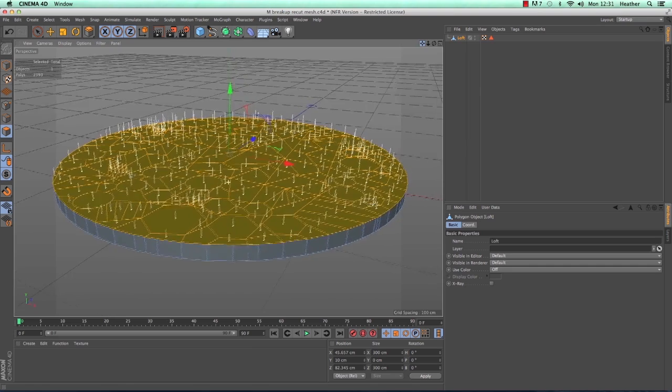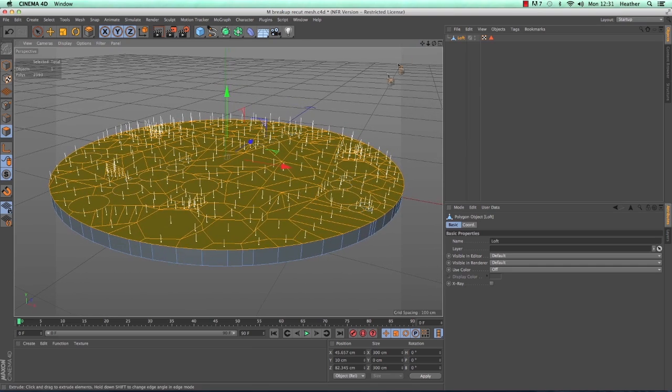The last thing I think we need to do is to convert these chunks into their own objects. You can see here in the object manager that we've only got one object, and we want one object representing each chunk.